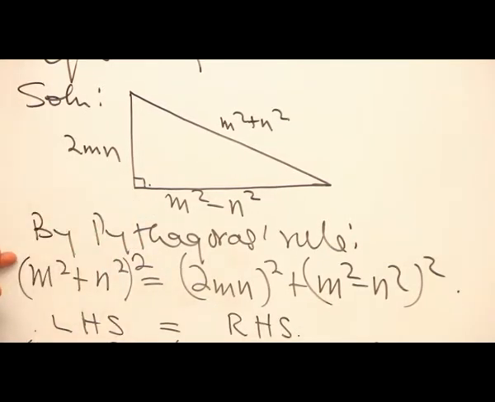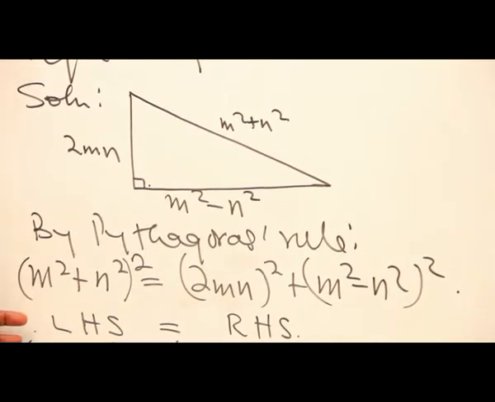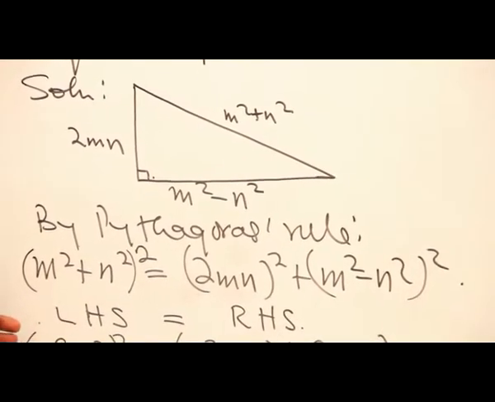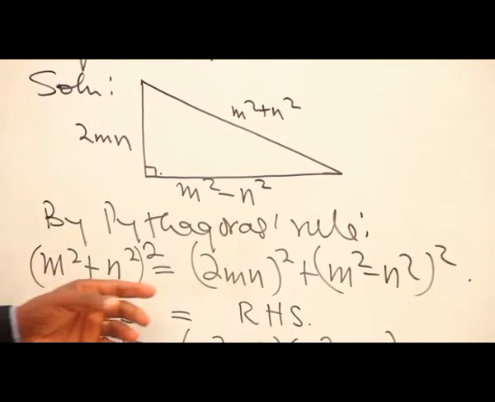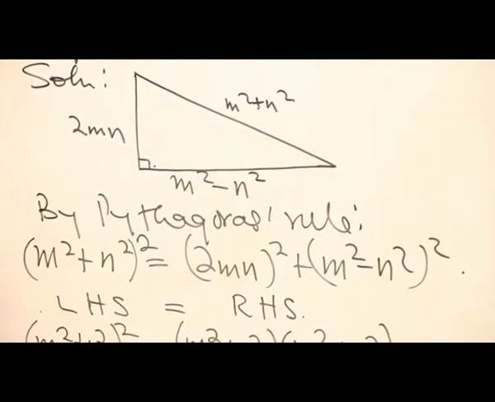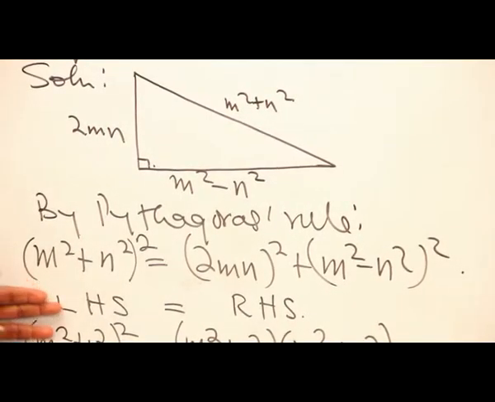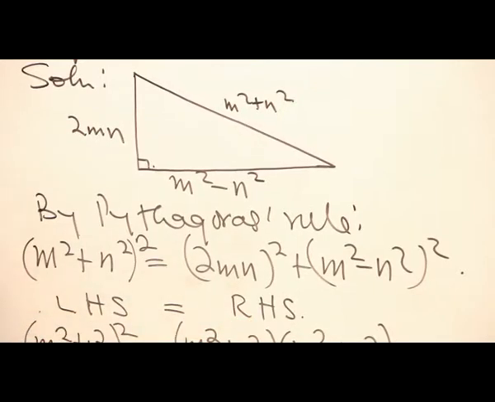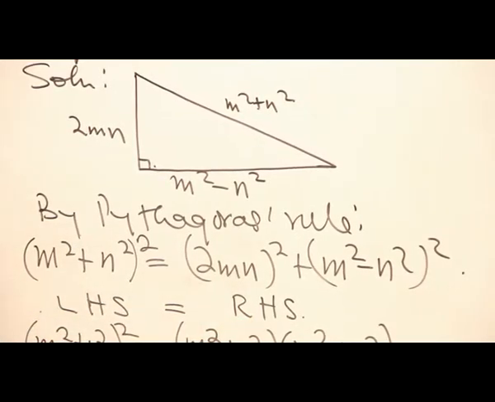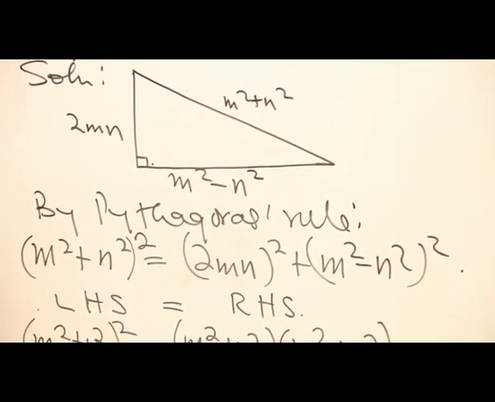Now by Pythagoras rule, the square of the hypotenuse, which is m squared plus n squared all squared, will be equal to the sum of the squares of the other two sides. That is 2mn squared plus m squared minus n squared all squared. Now we'll take this as the left hand side of the equation, while this one is the right hand side of the equation. We will start with the left hand side, which is m squared plus n squared all squared,